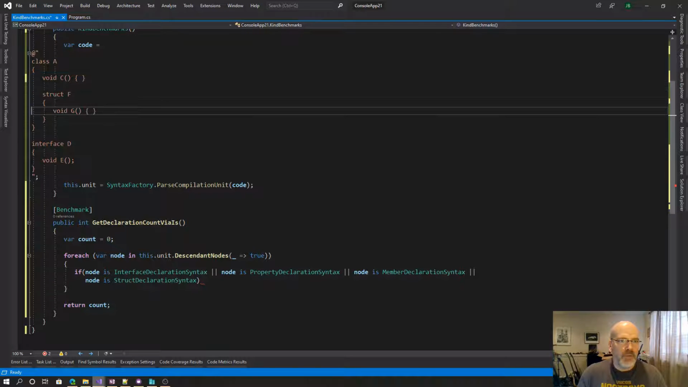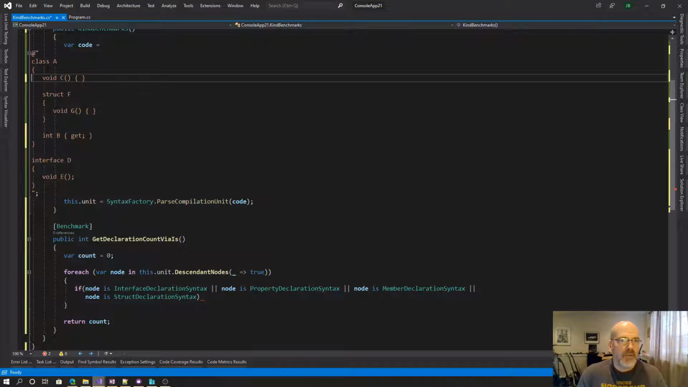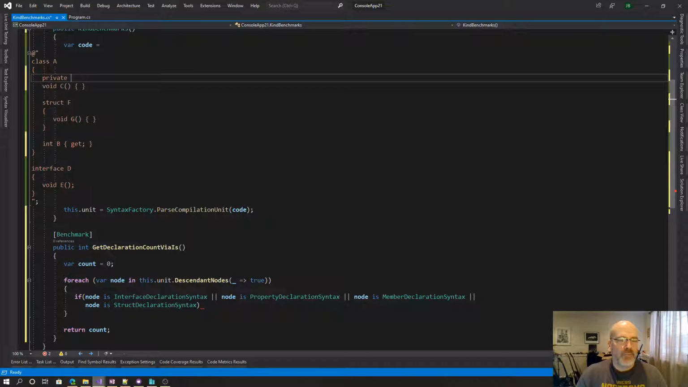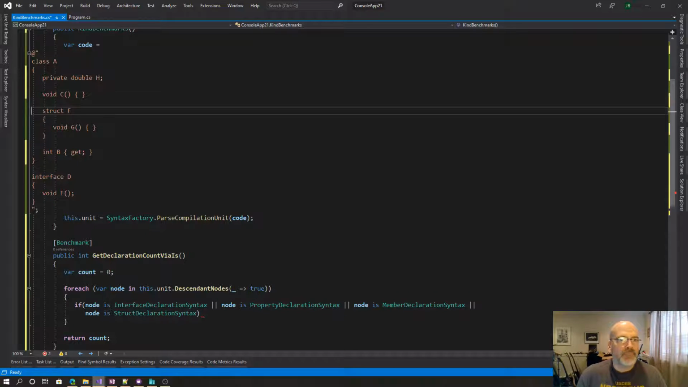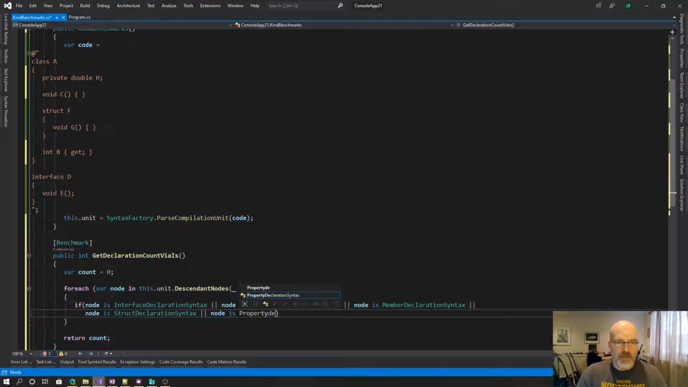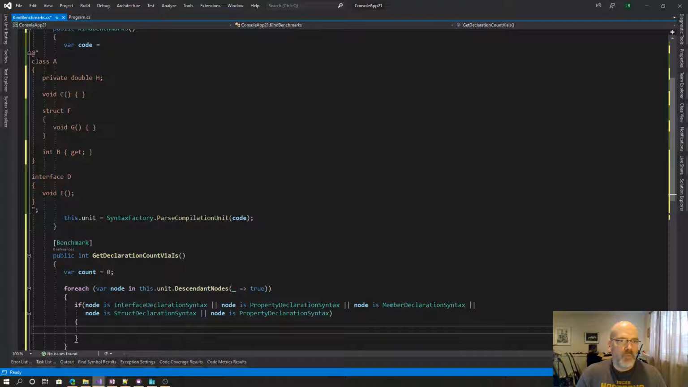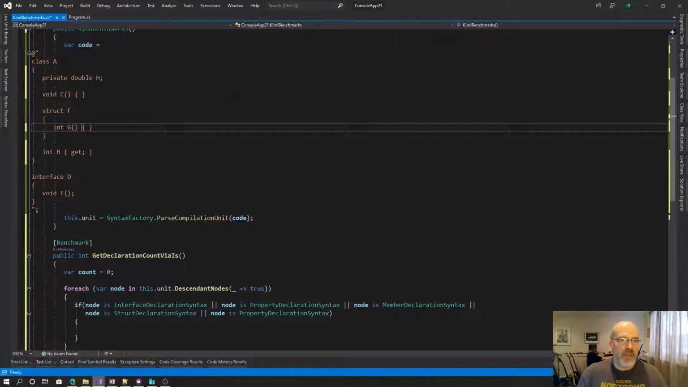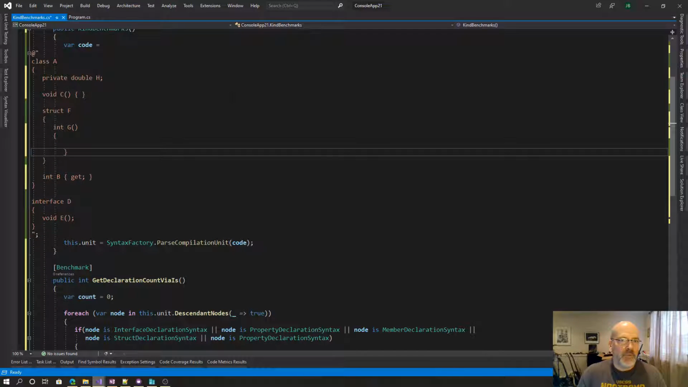So let's move this down here, and we'll say private double H. Okay. So we can say, or node is property declaration syntax. So if it's any one of these, which for all the things I've done, let's actually have this do something. Okay, so we're going to say